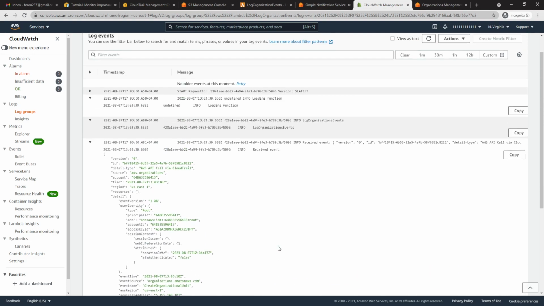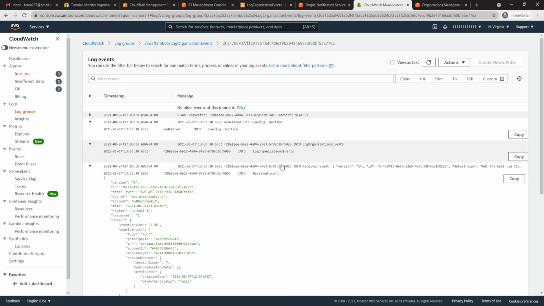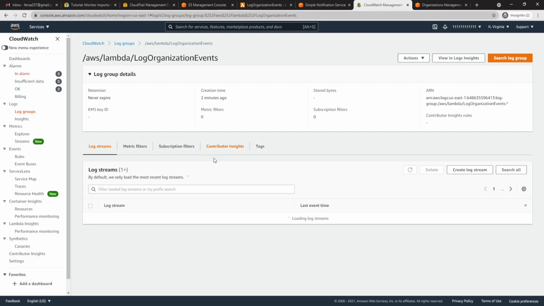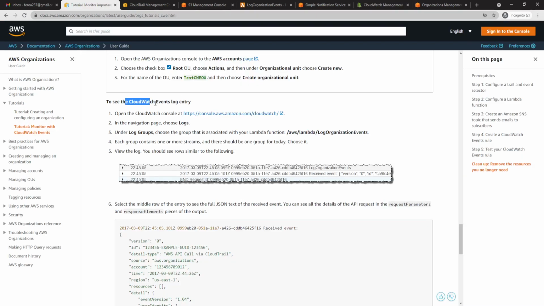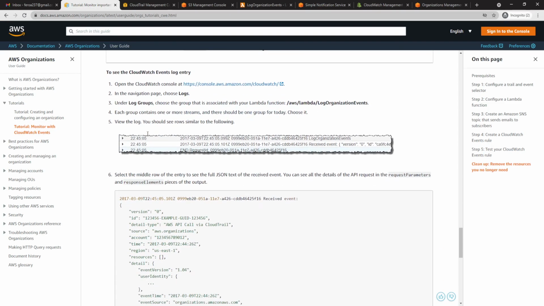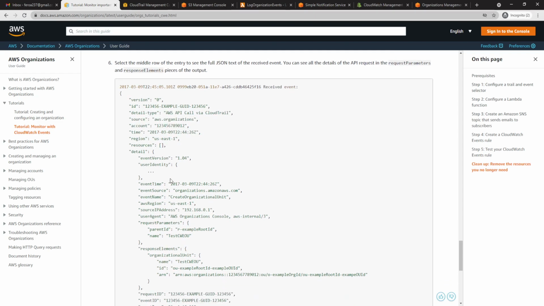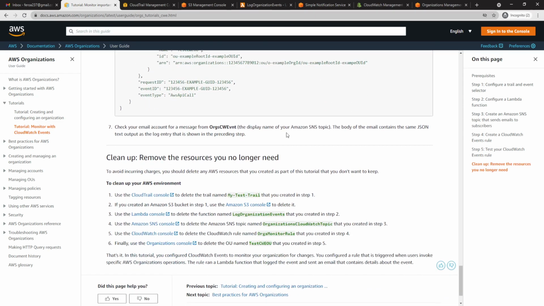So we have successfully implemented the API call. So the Lambda function is also logging. As mentioned in the tutorial, we found the similar log, and in the last step I will show you how